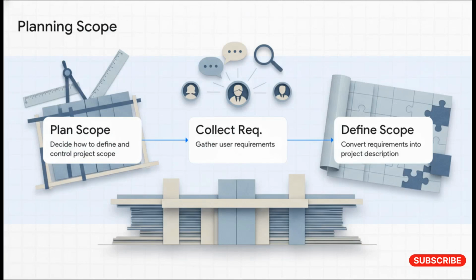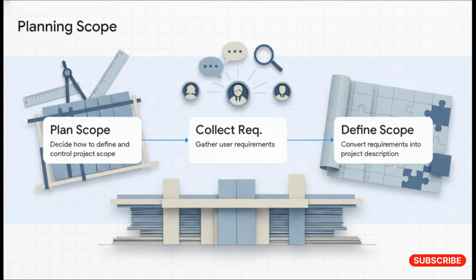Let's see how this builds a rock-solid foundation for your project. The process flows in 3 high-level steps. First, planning scope, where you decide exactly how you're going to define and control your boundaries. Second, collecting requirements from your clients or your users. And third, defining scope, which is where you take all those massive wish lists and convert those requirements into one